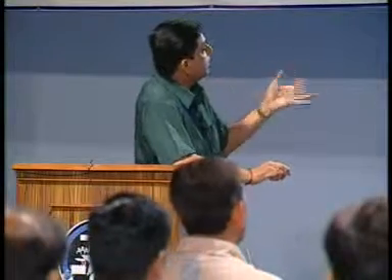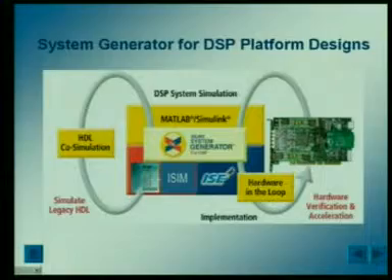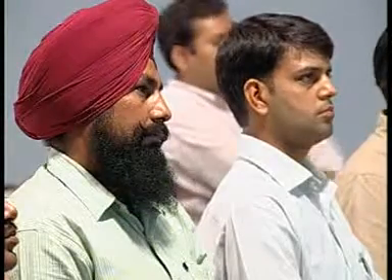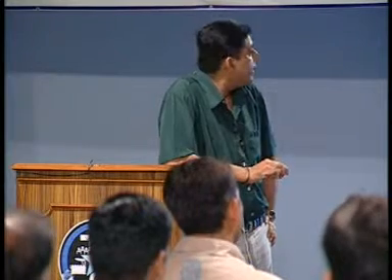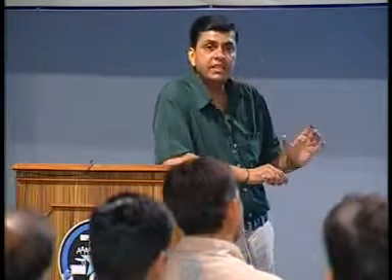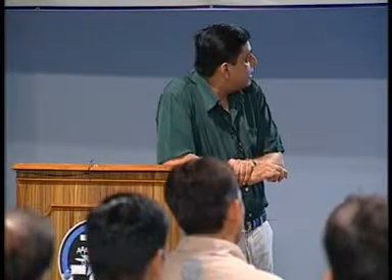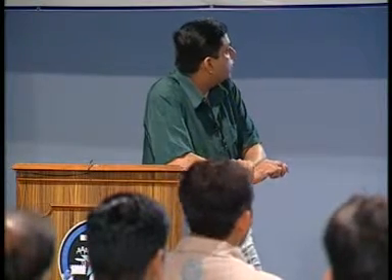So, here I am just trying to show you this thing. This is your DSP system simulation. First of all, we can select MATLAB or Simulink. Then MATLAB and Simulink will be interfaced with the help of this Xilinx System Generator. Now, by using this Xilinx System Generator, we can go for simulation in ModelSim.